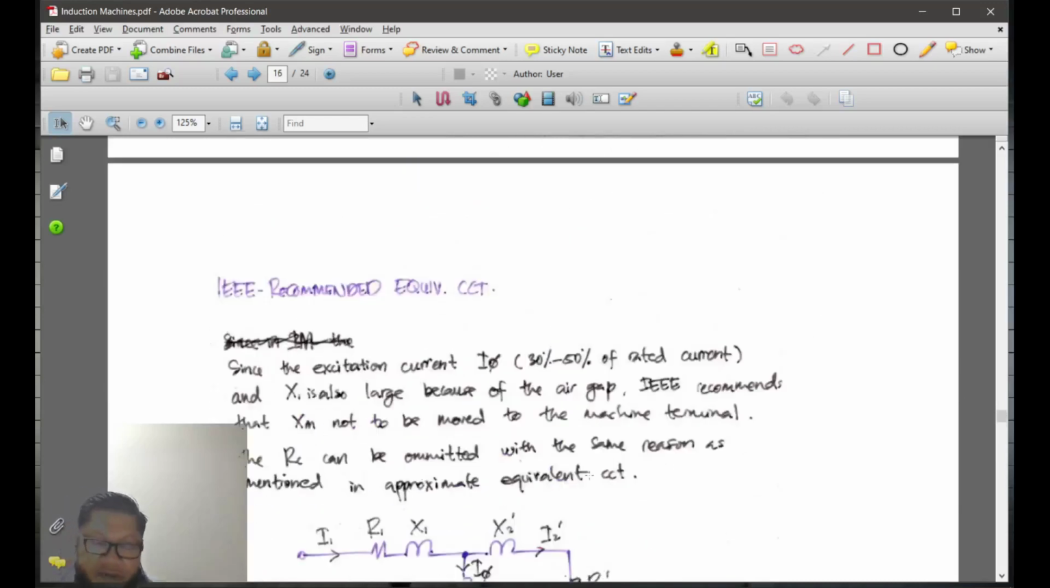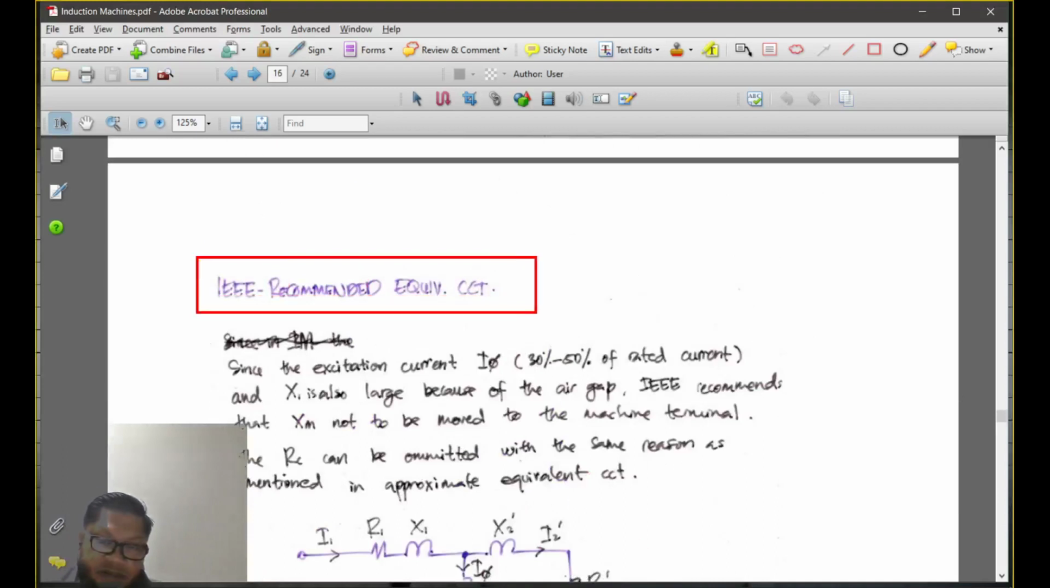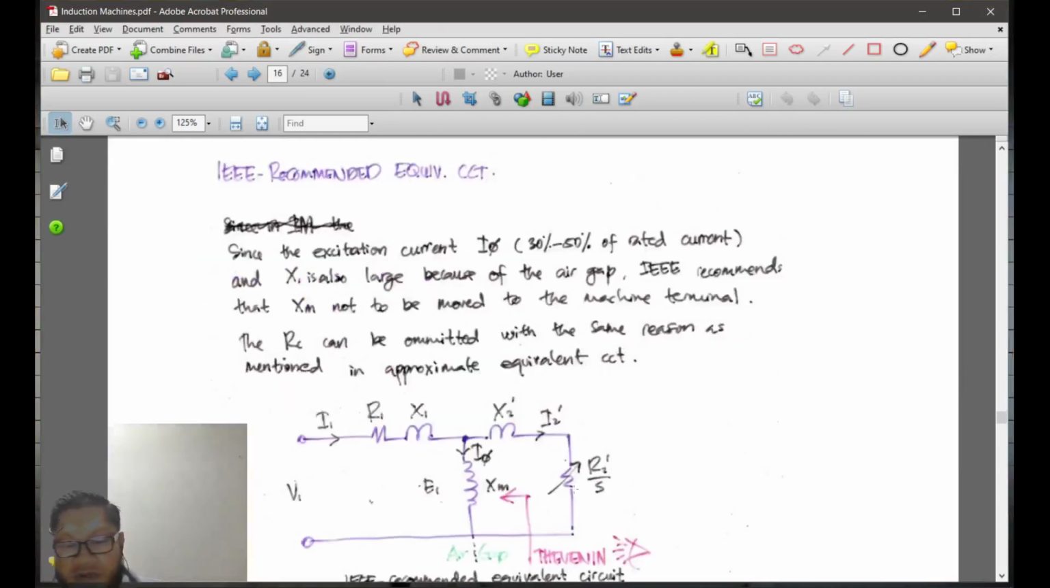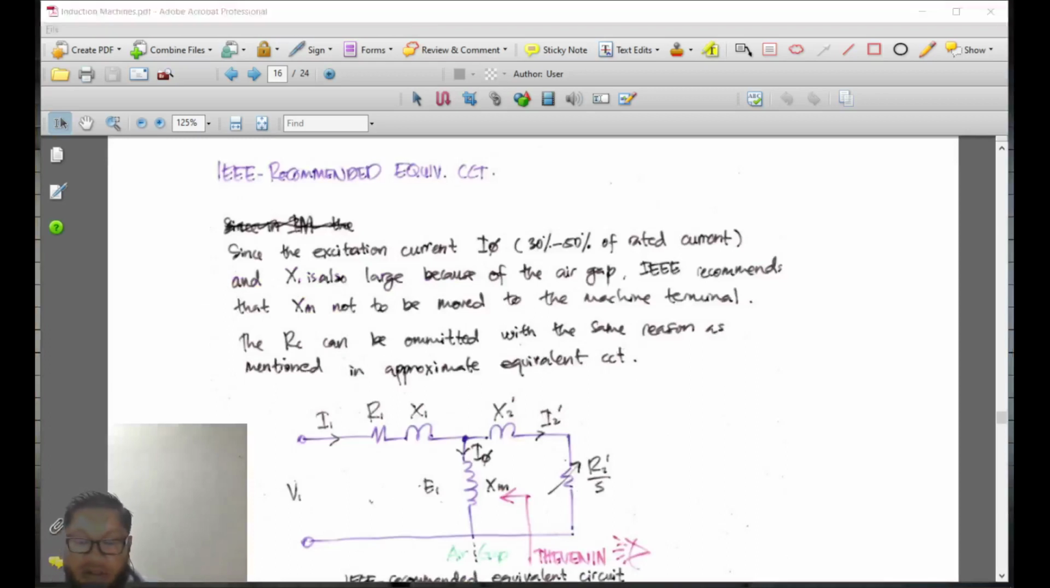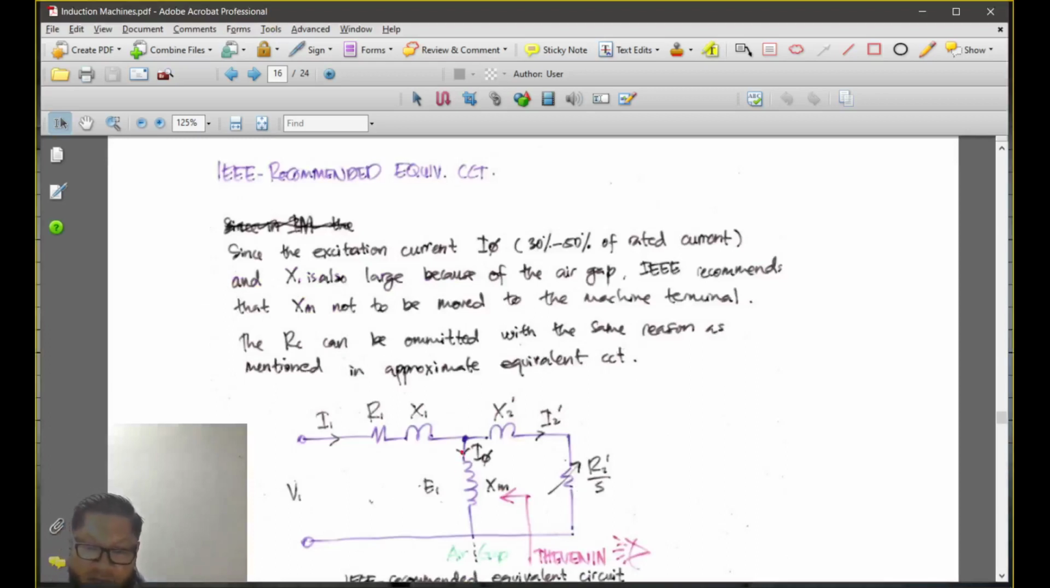And for the IEEE recommended circuit, you maintain all components in their positions. Only RC can be removed. So in the actual circuit, we still have RC here. But because of that statement here,